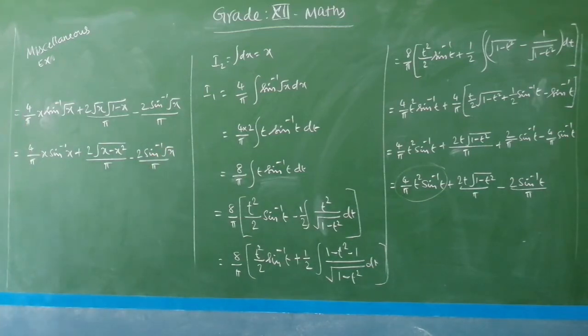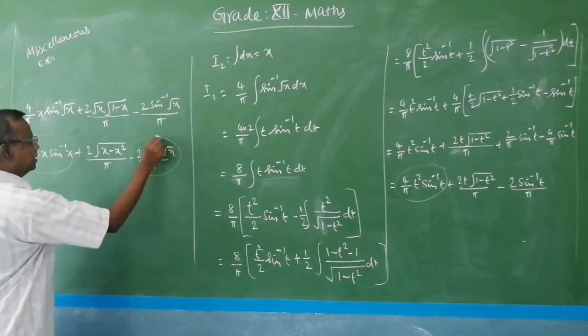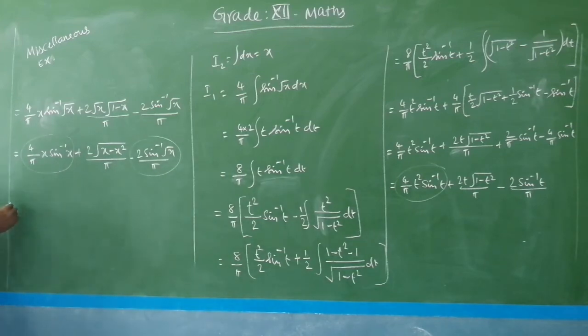Now, we can take a common between this, that is equal to the denominator is pi, so we can take sin inverse of root x in either side. So, sin inverse of root x